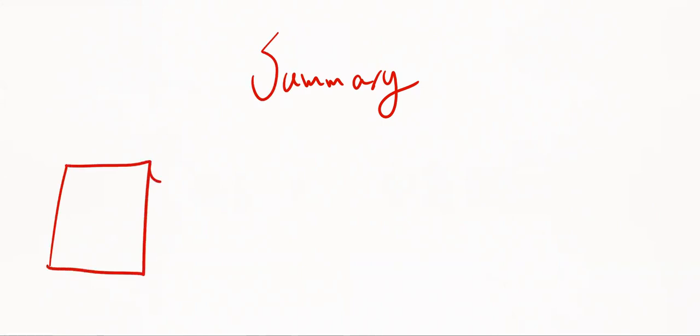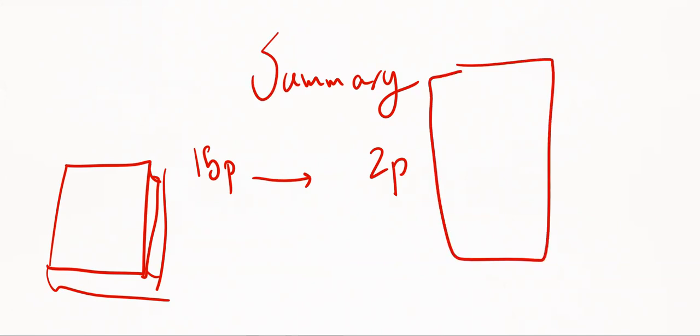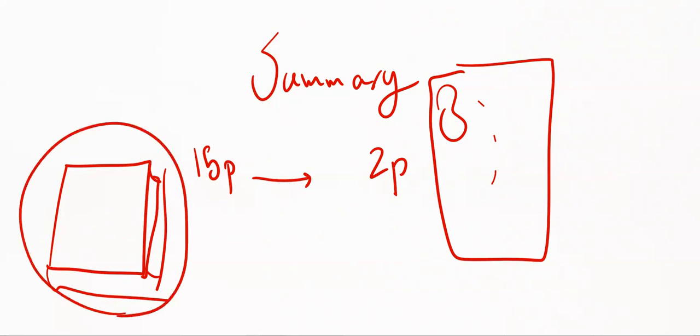So one of the most commonly used tools in studying is summary. To make a summary, I see many students go get the book or the source, the video or whatever it is. Okay, so that's the source. And they have a chapter which is like 15 pages, and they summarize it into 2 pages, which is very nice work. They use colors, they use drawings, etc. But there's a big problem with this method. If you're doing the summarization while you're studying the chapter for the first time, while you're looking at the source,